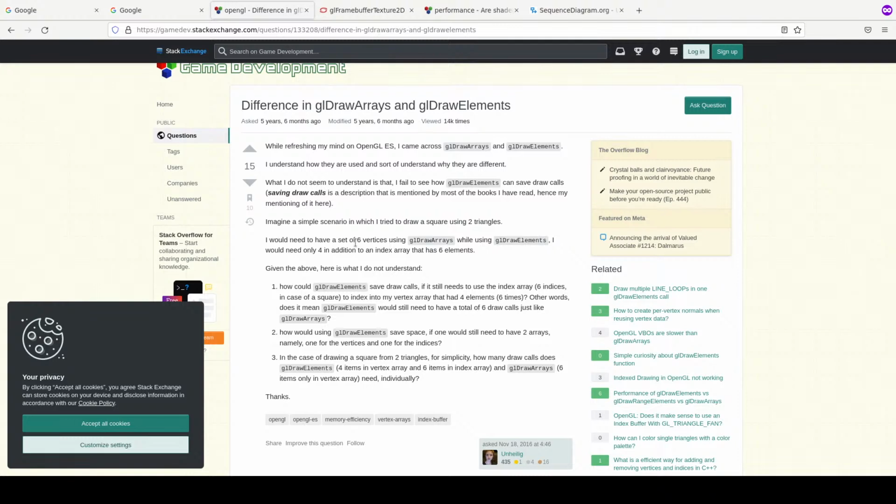Imagine a simple scenario in which I tried to draw a square using two triangles. This is exactly what I'm doing. Because the 2D screen is actually two triangles, I would need a set of six vertices using GL draw arrays, while using GL draw elements I would only need four, in addition to an index array that has six elements. Given the above,